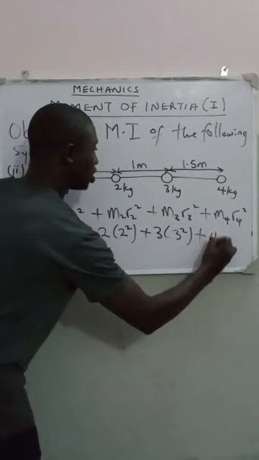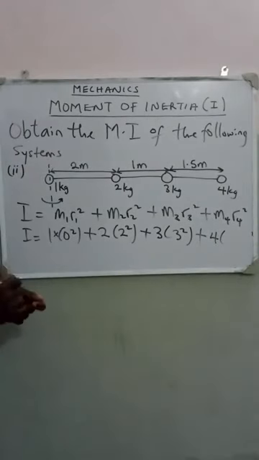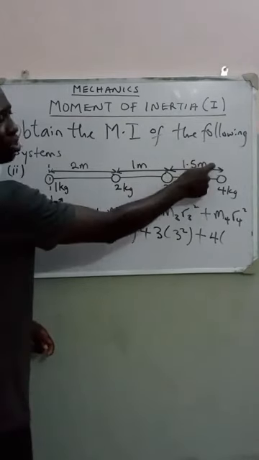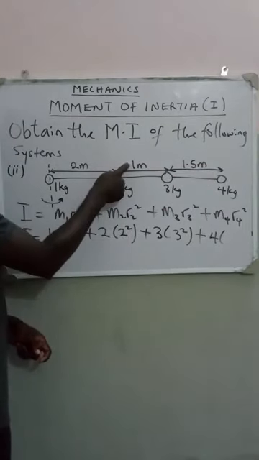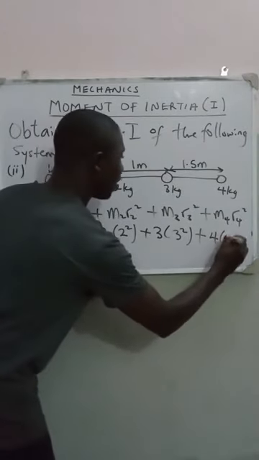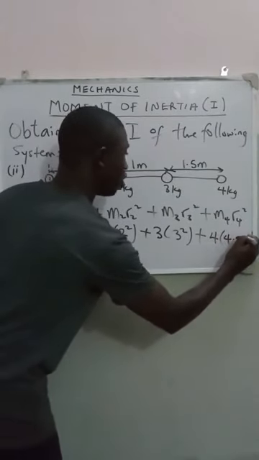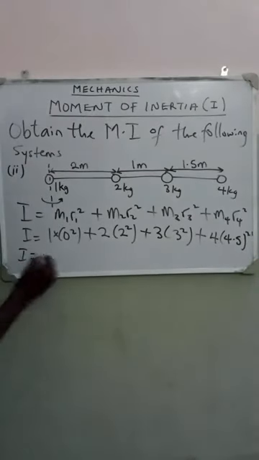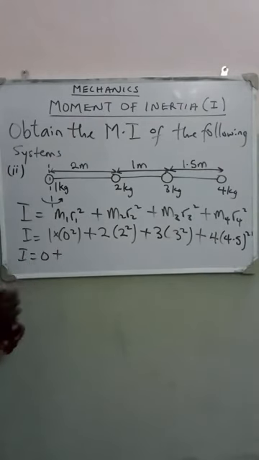Mass 4 kg. What of its own distance from the point of rotation? It is from this point to this point. This 2 plus 1, that's 3. 3 plus 1.5, this gives us what? 4.5 squared. So when we solve this, we are going to have the first one is 0 plus the second one